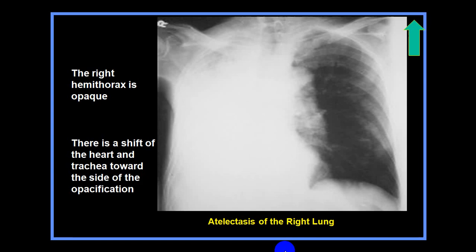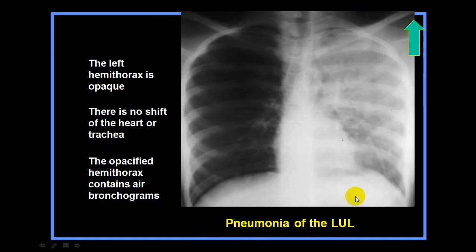You can have this. Again you can see the trachea is towards this side, uniform haziness. I cannot make out the diaphragm, so there is a Silhouette sign with the cardiac Silhouette as well as the diaphragm. I cannot make out the costophrenic angle. The trachea is towards the same side, the mediastinum is towards the same side, so this has to be a collapse, or we call atelectasis. This I have already shown you before. I have explained everything.